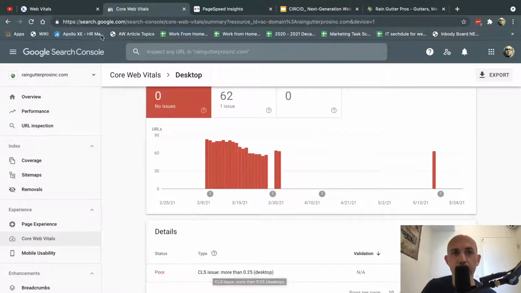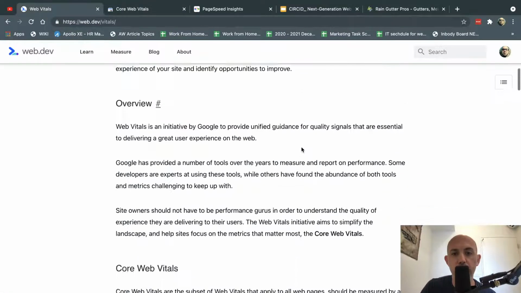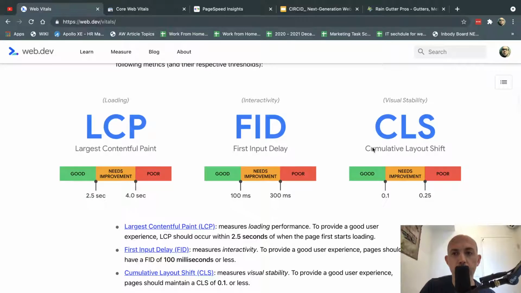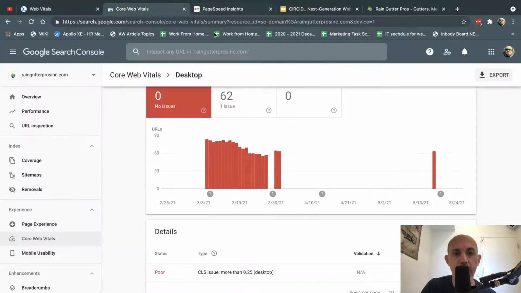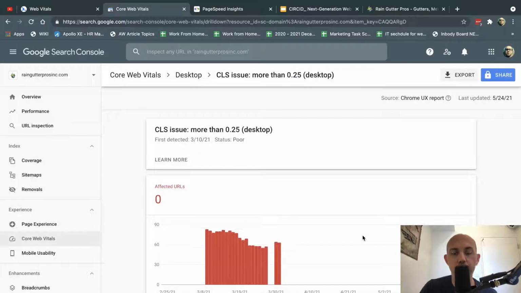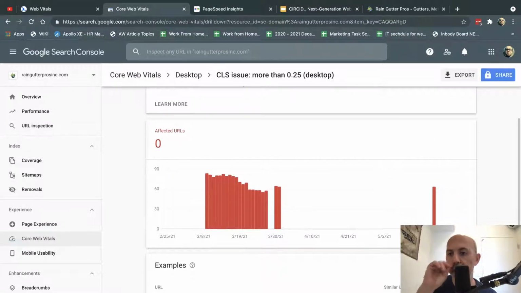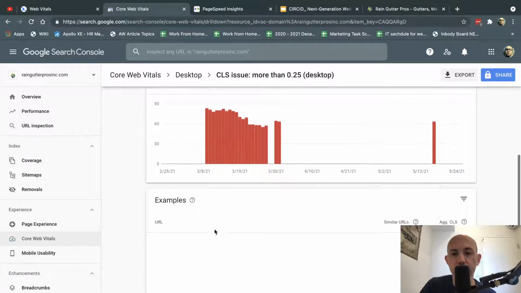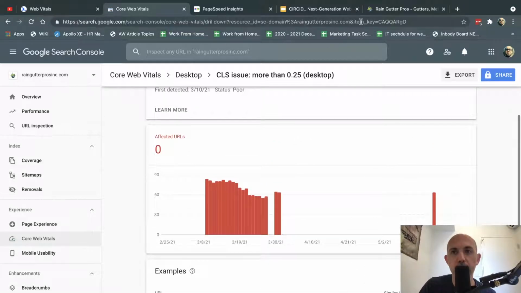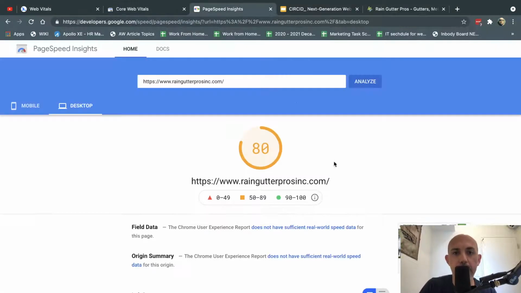are CLS related, right? So what is CLS? Let's go right here. Okay, cumulative layout shift. For example, I have something on my pages that is shifting the layout in a certain way. If you notice, I had some pages and then we made some fixes, and I have one page left, but we've basically mostly fixed it. Let me show you an example of what that might be like.